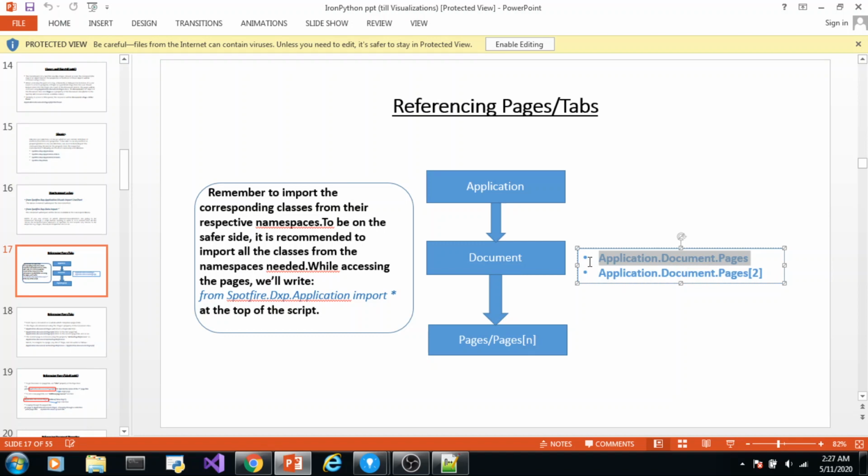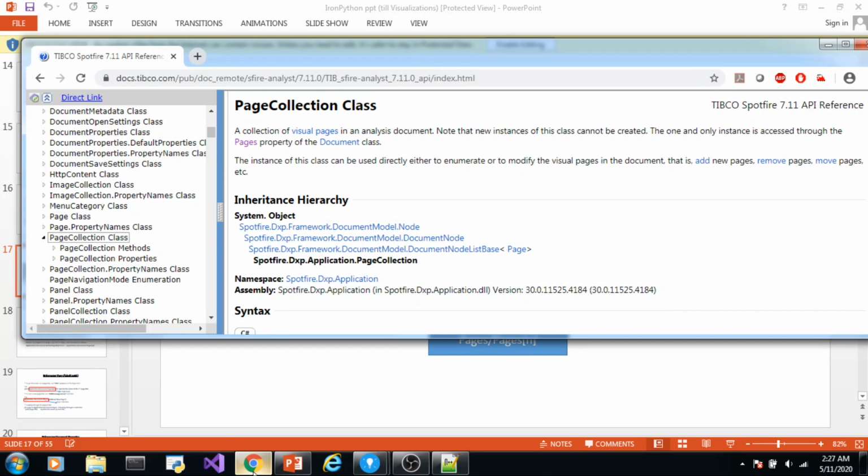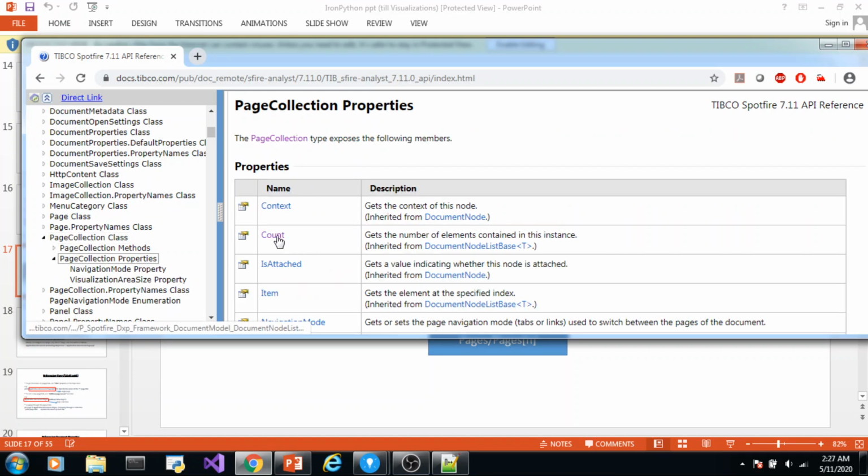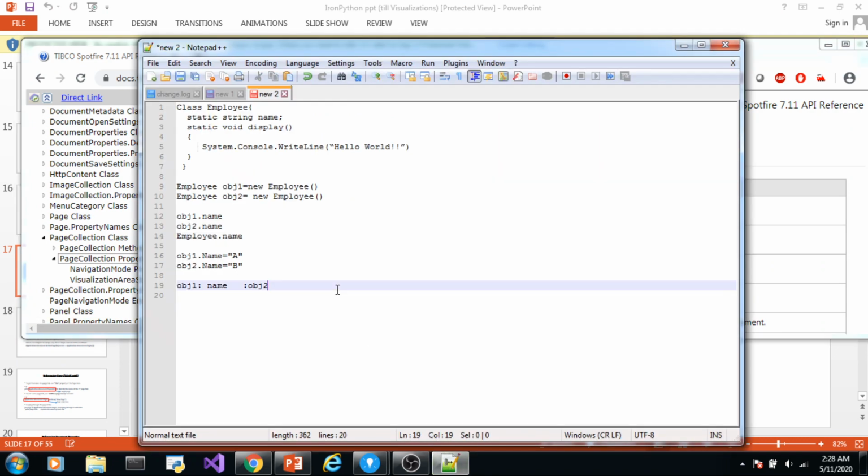For example, there is a property called count. Count gets the number of elements contained in this instance. So we can write application dot document dot pages, and this is giving me a page collection type value.